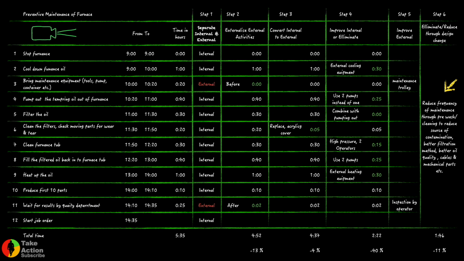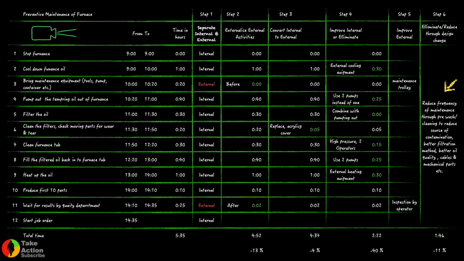Instead of doing it every week, in this step number 6, we can ask what design changes we can do, so that we don't have to do the preventive maintenance after 1 week, but maybe in 2 weeks or maybe in 3 weeks. For example, we know that we have to do the preventive maintenance because the oil gets dirty after 1 week. But if we could do a pre-wash of the parts with any inexpensive process, we can very easily increase the time